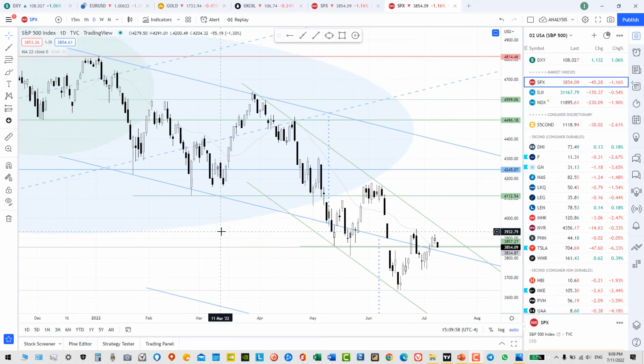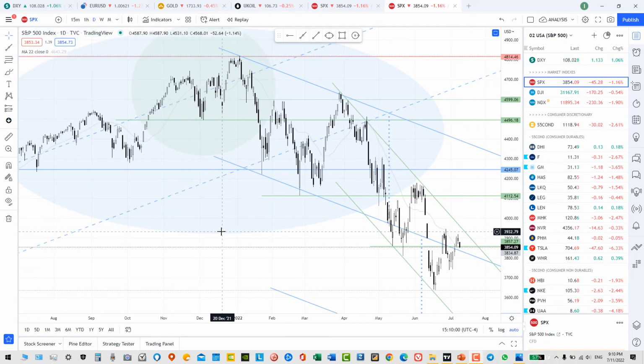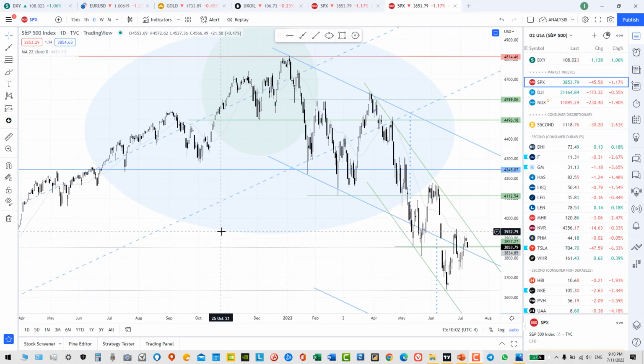So for the time being, things are simple. The S&P index is under selling pressure. It is moving downwards within a downtrend channel line over the very short term. It is expected to continue to do so, and the conditions required for a correction against the prevailing trend are hard to fulfill. And until that time, do not